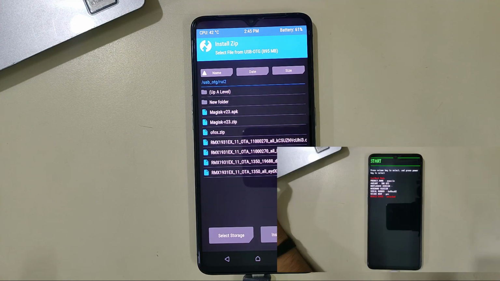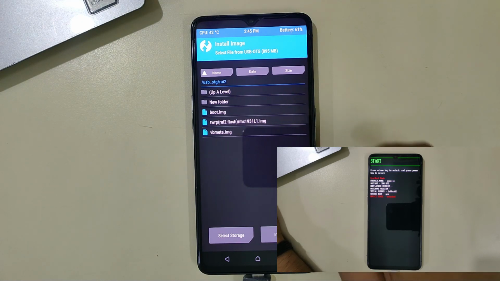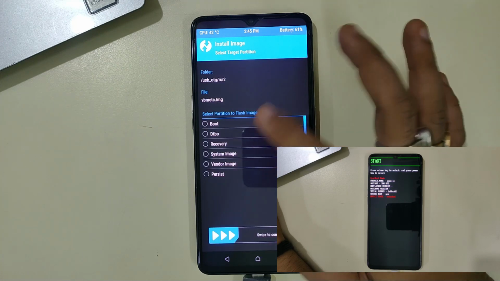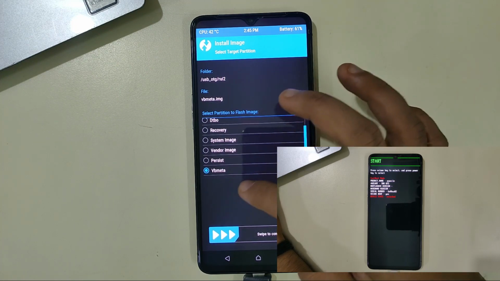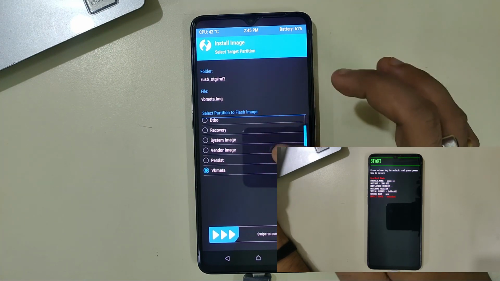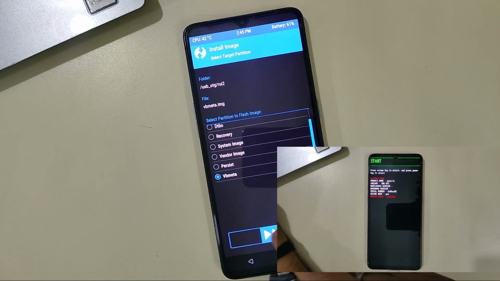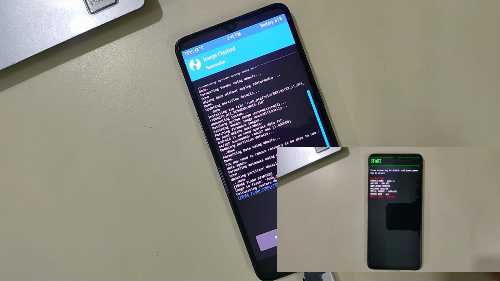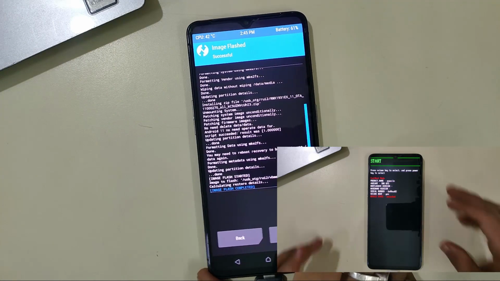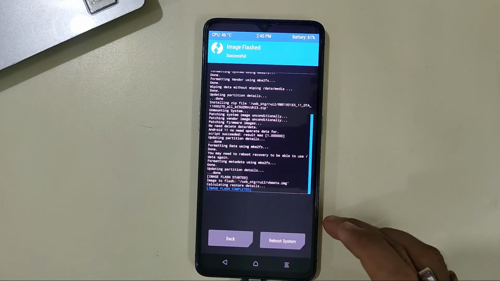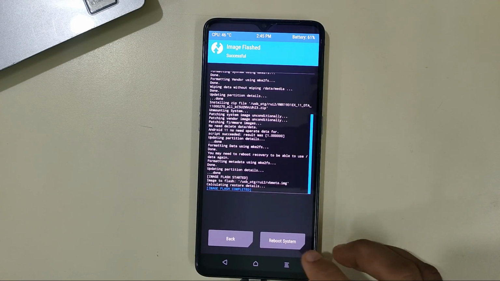If you have it in your PC, to flash recovery, as we did before, or if you have it in the pen drive, fastboot, open the flash recovery folder where you have to drag and drop, click on this install image, Realme UI 2 stock, select recovery, the VB Meta file, and here in this option we have to select VB Meta again, and then press enter, and then swipe to flash. Now wait for it to get completed. Yes, now we will click on reboot system and see if this boots or not.